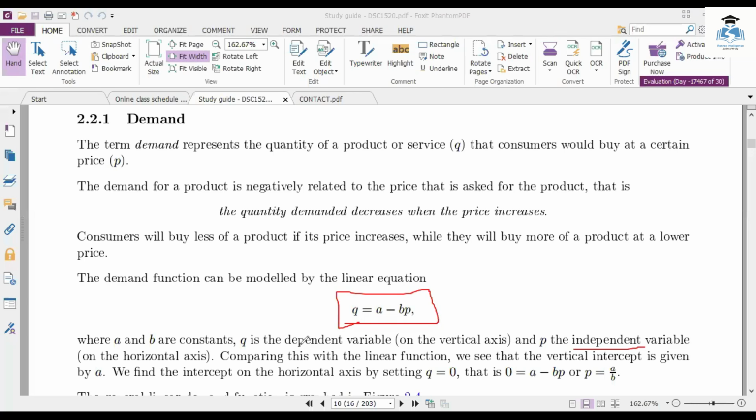So you need to determine, is it the quantity that determines the price, okay, or is it the price that determines the quantity? So you need to take note of that. Which one determines the value of the other? Because if you miss that, it means that